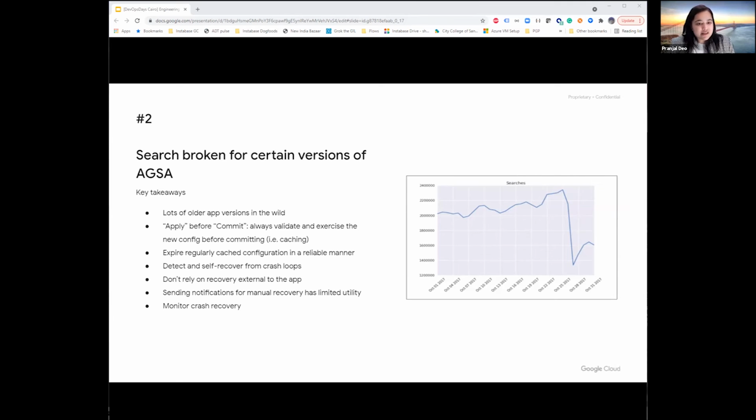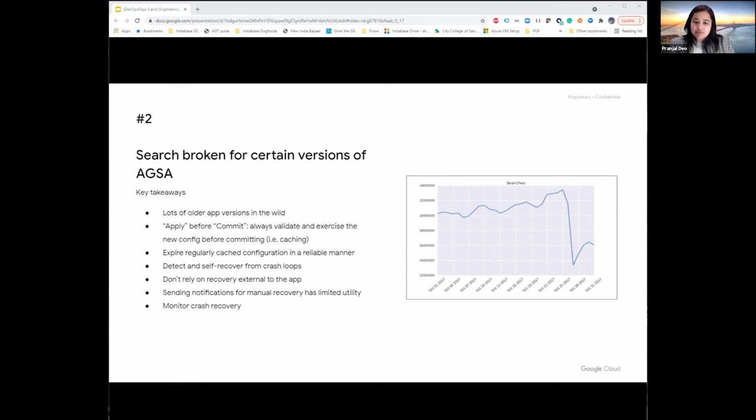So some key takeaways here are, anything that causes users to not upgrade is similar to accumulating a debt. Older apps are highly susceptible to issues, so the less successful app updates are, the larger the probability of a bigger population getting impacted by a backward incompatible change. Then always validate before committing.